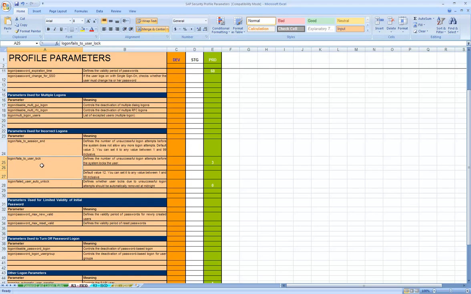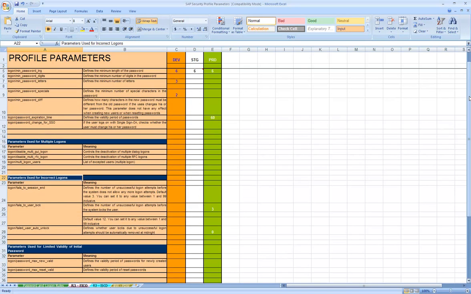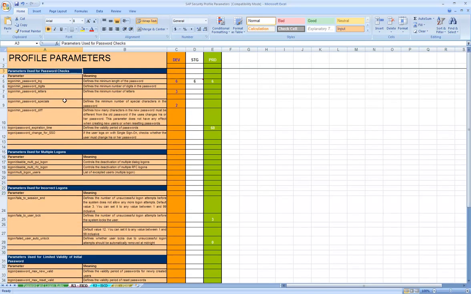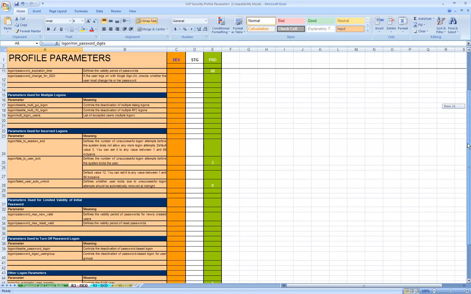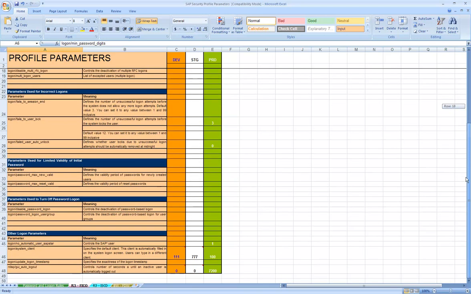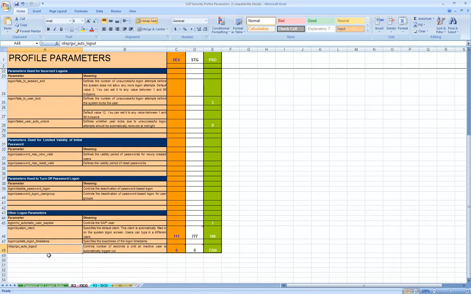So you have parameters which control your logons and logon attempts, then you have parameters which control your passwords: how many characters you can use in a password, minimum characters, how many digits, how many alphabets, that kind of stuff. Now, another important parameter in the system that you need to set is rdisp/gui_auto_logout.